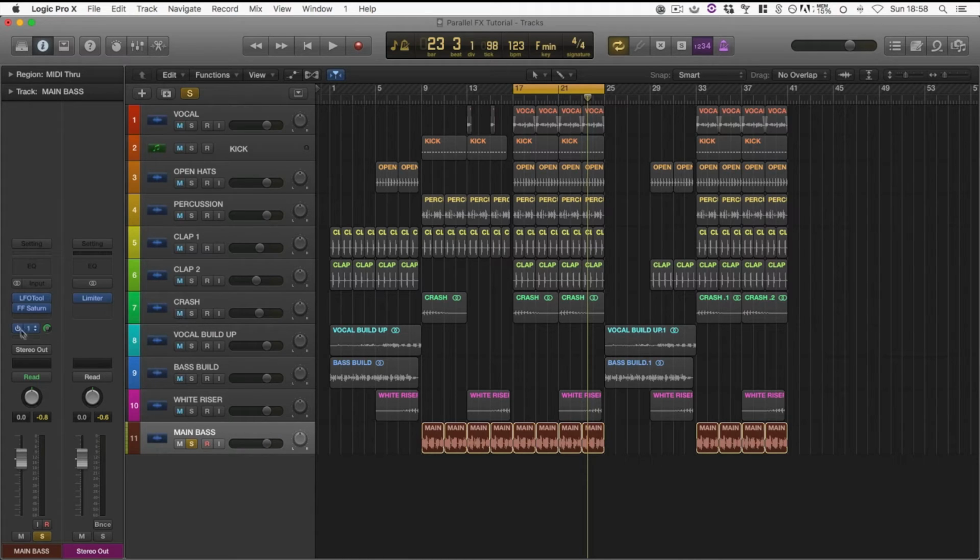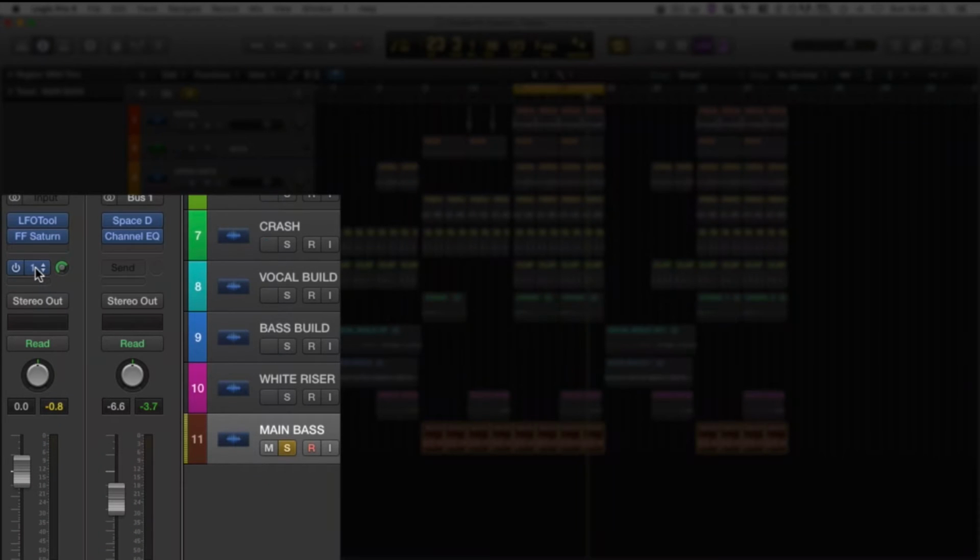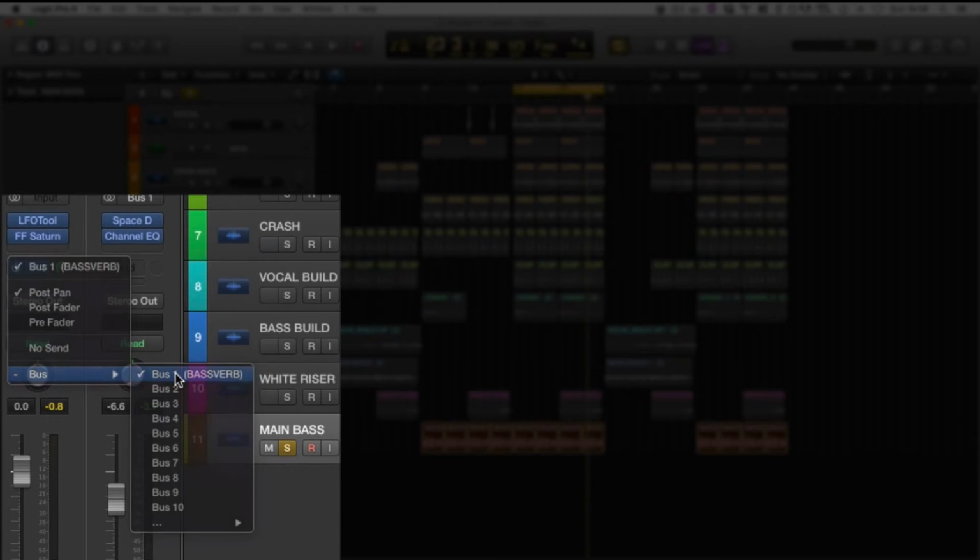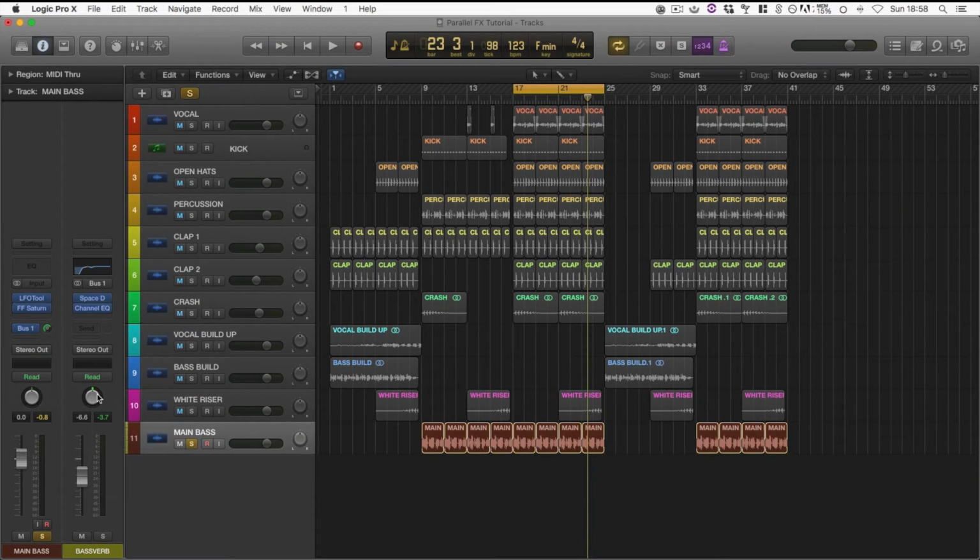So the first thing we're going to do is send it to a bus. I've already got one set up here. You just click on that or hold it down and then go down to bus and send it to bus 1. Now I've named this bass verb, and then we're going to put it onto a reverb. Okay, so as you can see, I've already got a few Space Designer plugins on here